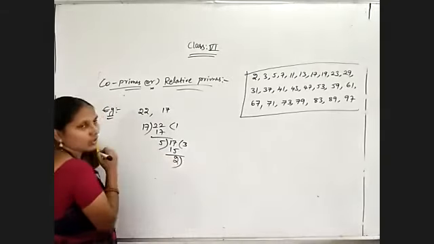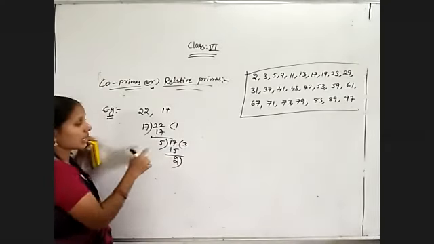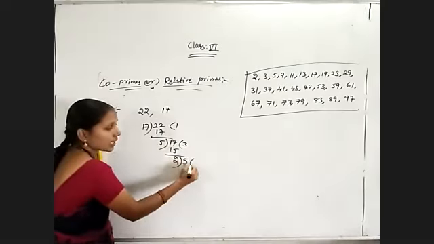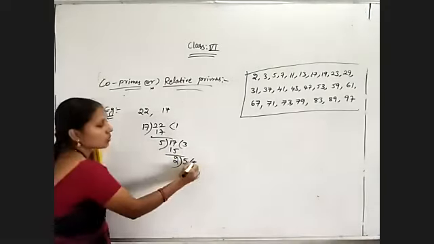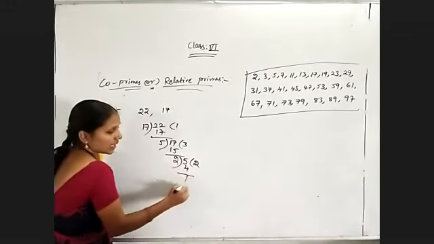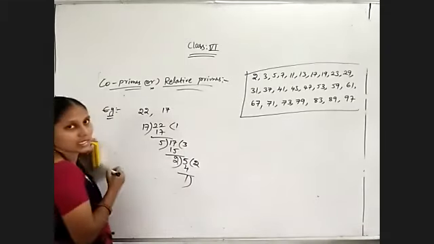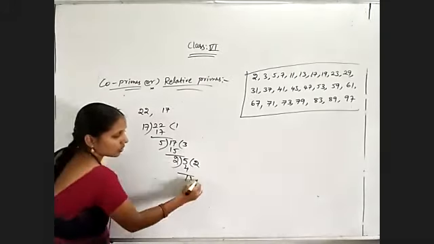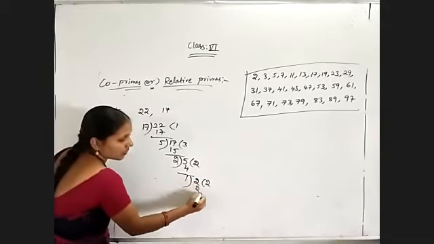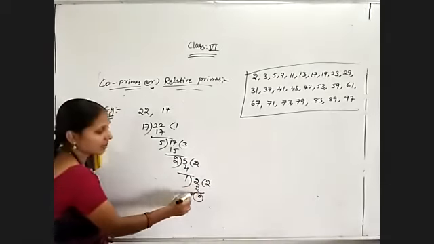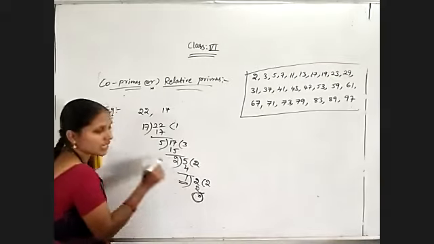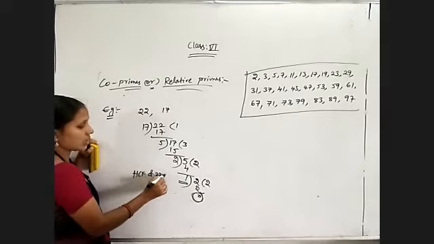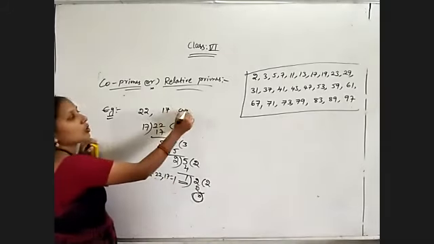Okay. Now take this one also as a divisor, and the last divisor, 5, as the dividend. Now 2 2s are 4. 1 is the remainder. Still I didn't get remainder 0. So take 1 and the last divisor 2. 1 2s are 2. Remainder is 0. So where am I getting remainder 0? With the last divisor 1. Therefore HCF of 22, 17 is equal to 1. So they are co-primes.